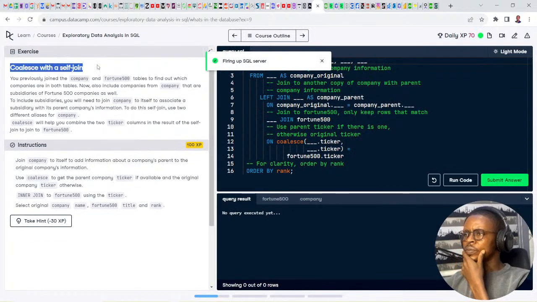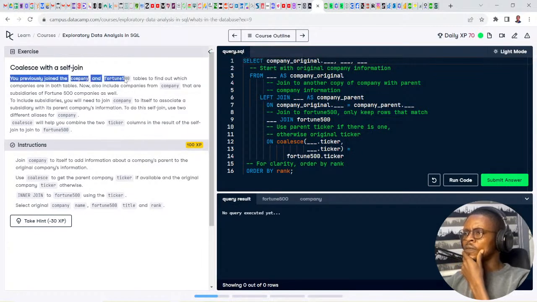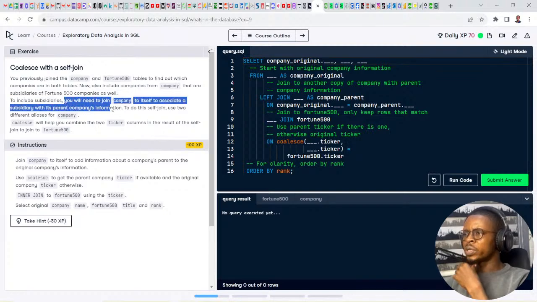Correlations with self join. So you previously joined the company and 4500 tables to find out which companies are in both tables. Now, also include companies from company that are subsidiaries of 4500 companies as well. So to include subsidiaries, you will need to join company to itself to associate a subsidiary with its parent company's information.